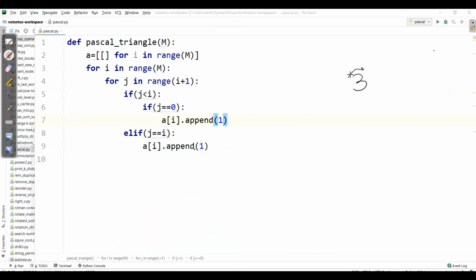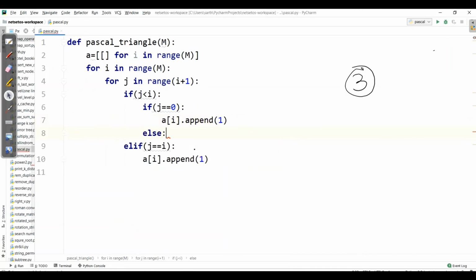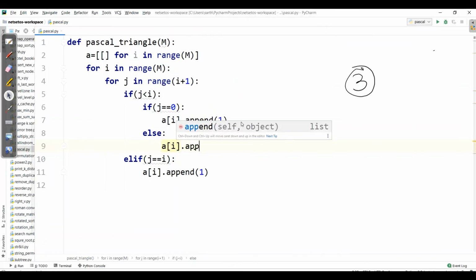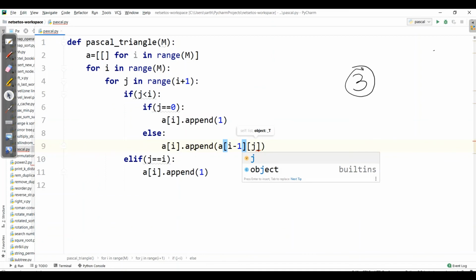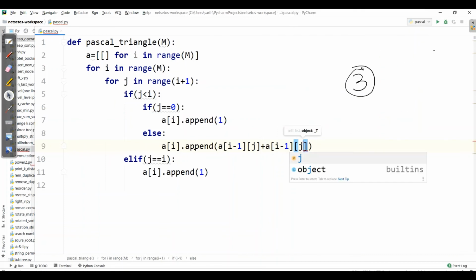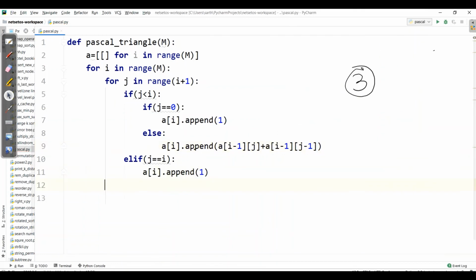Now the third condition, let's take it in the else part. Obviously the column will be less than i, so here I'll write a[i].append, first the row before, so it will have a[i-1][j] as it is in the same column, and the addition of a[i-1][j-1]. And then we need to return a.